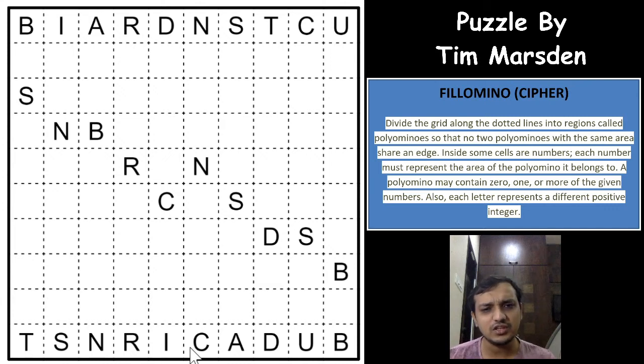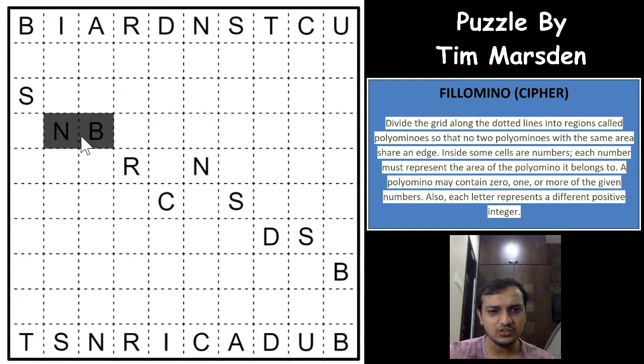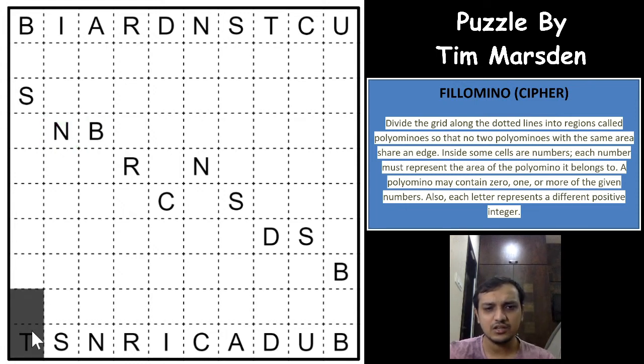So in such puzzles, you'll always have to look for two same letters which are already touching each other. For example, if you have 2 T's touching here, or maybe 2 T's touching here, which means T has to be minimum 2, because the 2 T's are already touching. So we can extend a T here, indicating that T has a minimum of 2 cells, or maybe a value greater than 2. That is the first thing that you usually see in a cipher Fillomino.